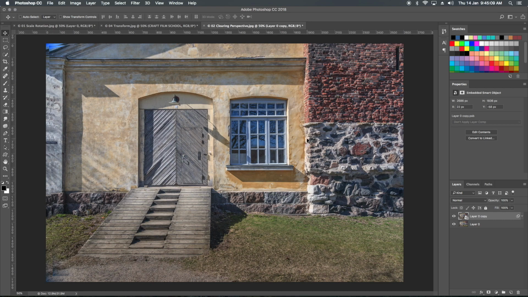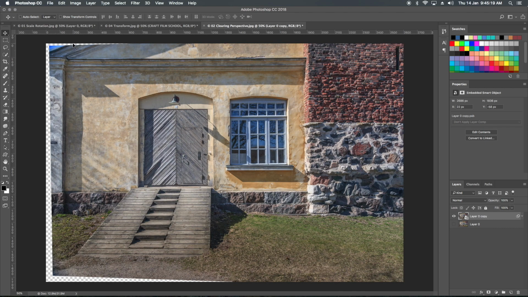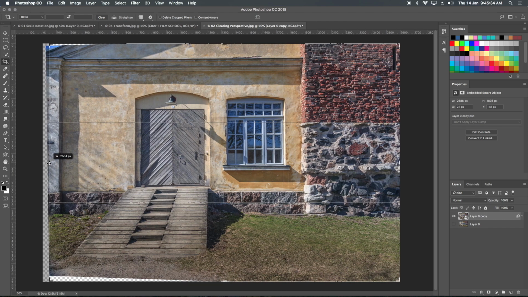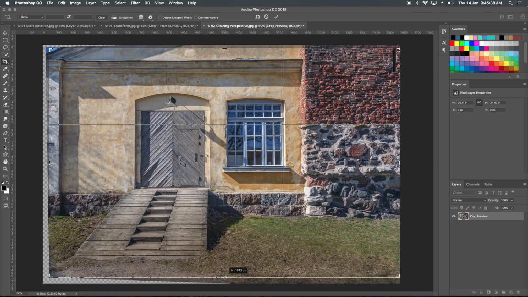This corner, this one, yes. Always when we do a perspective change, let's turn this off, parts of the image get lost. So now what we can do, we can clone stamp it, we can use the content-aware tool, or the last thing, we can crop the image to eliminate those pixels.